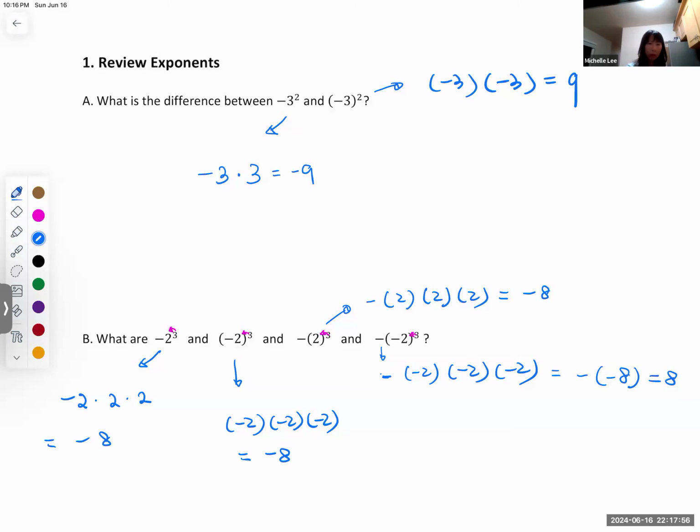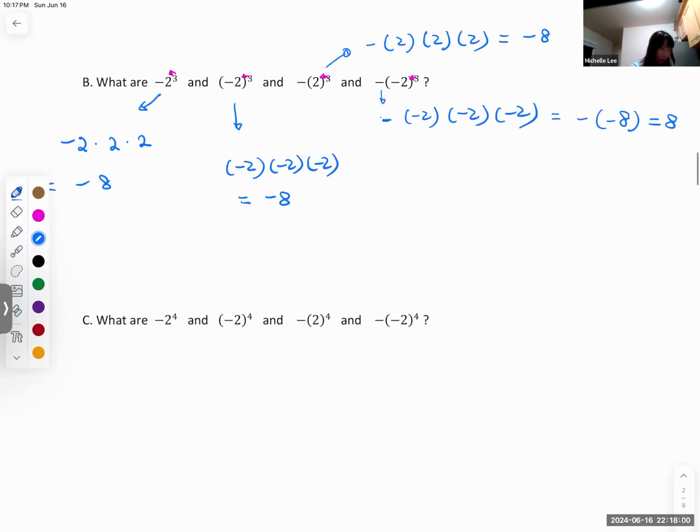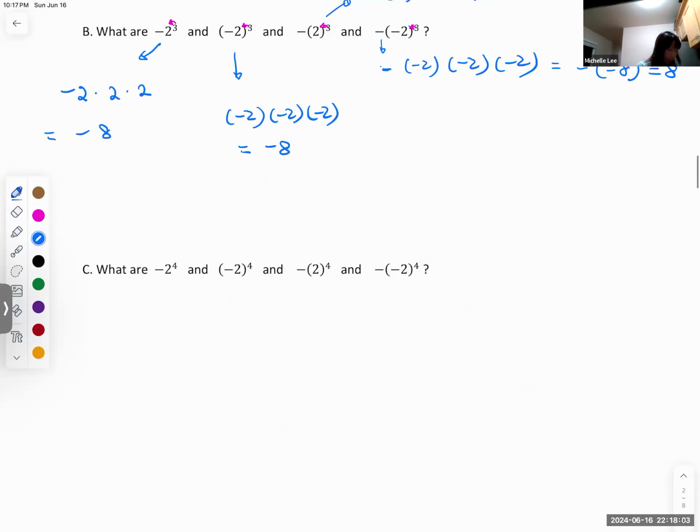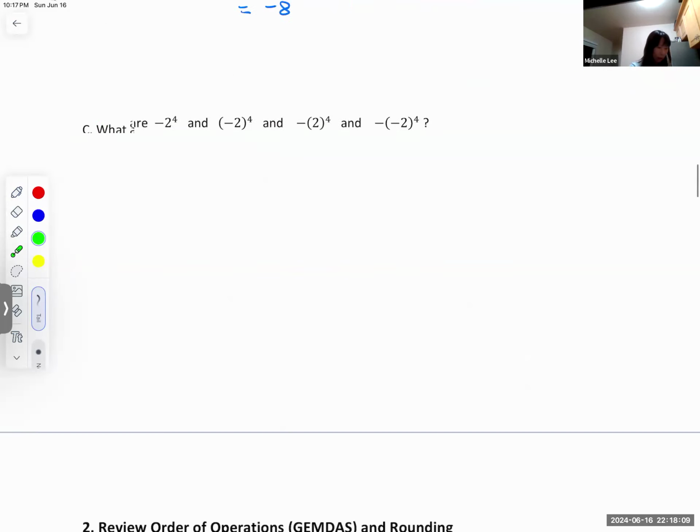So can you please practice this one? See? Very similar to B, right? Okay, now